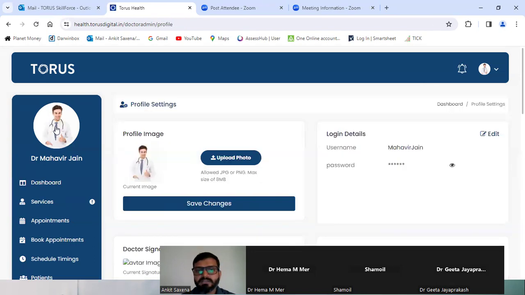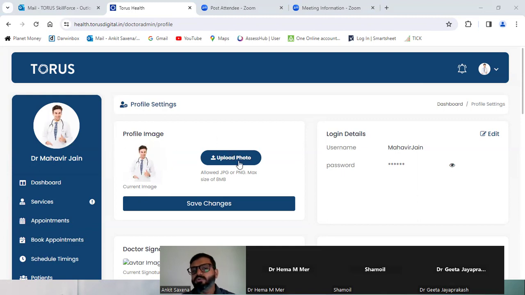Now once you click here, this is how your profile section will look like. Now first and foremost, you can upload your photo. So you can simply click a photo of yours, save it on your PC. Okay, and you can upload the same photo here. If you have not uploaded a photo, it will be a dummy image that you will see here. The same dummy image or a look alike you will find on your profile, right?